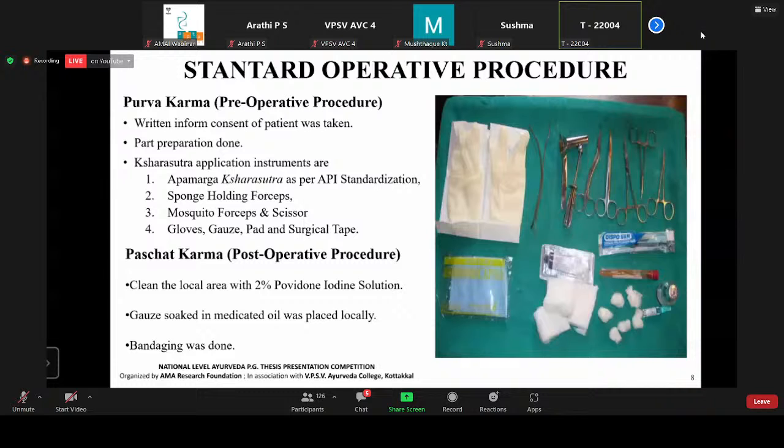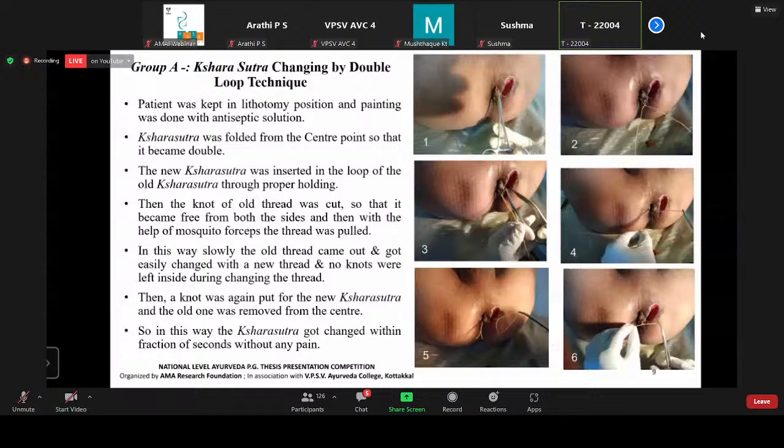Paschat karma was the same in both groups. The area was cleaned with iodine solution, gauze was placed locally, and bandaging was done. Now coming to the main operative procedure, group A thread changing. The patient was kept in lithotomy position and painting was done with antiseptic solution. The Sharsutra was folded from the center point so that the new Sharsutra is inserted in the loop of the old Sharsutra through proper holding. Then the knot of the old thread was cut so that it became free from both sides, and then with the